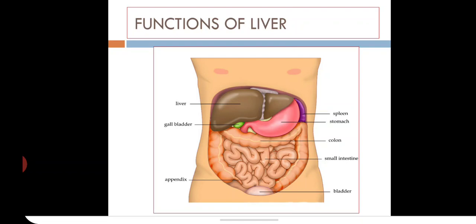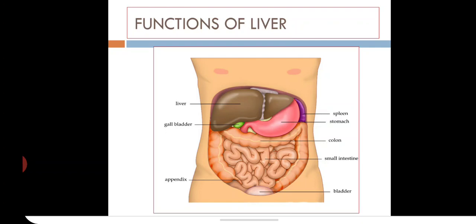And whatever you eat, from the small intestines the glucose, that is carbohydrate, protein, fat, everything is carried by the portal vein to the liver, where they are stored. Many kinds of metabolism, carbohydrate metabolism, protein metabolism, and fat metabolism, take place in the liver, and they are stored and released from the liver whenever needed. So that is the simple way to tell the function of the liver.